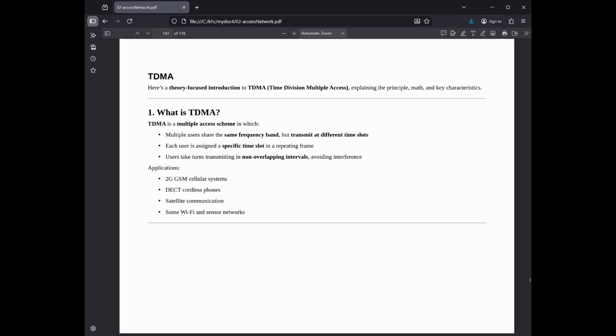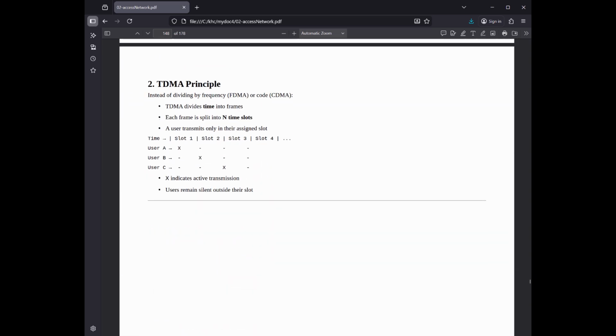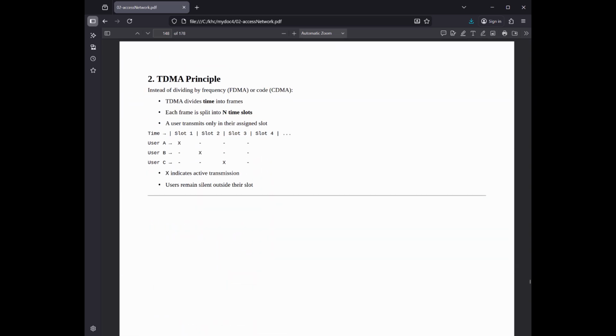2. Operation principle: in a TDMA system, the total available time is divided into recurring units called frames. 1. Synchronization: the base station, BS, sends a synchronization signal so all mobile devices agree on exactly what time it is. 2. Buffering: because a user's voice is continuous but the transmission is not, the device buffers, stores, the voice data. 3. Burst transmission: when the user's specific time slot arrives, the device compresses the buffered data and transmits it